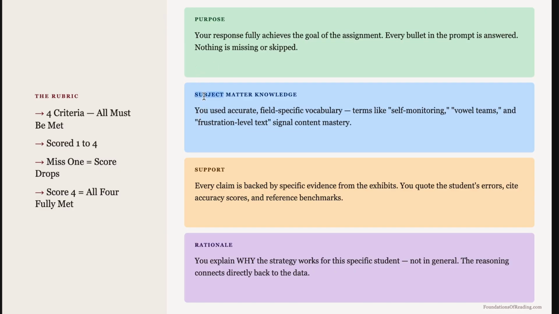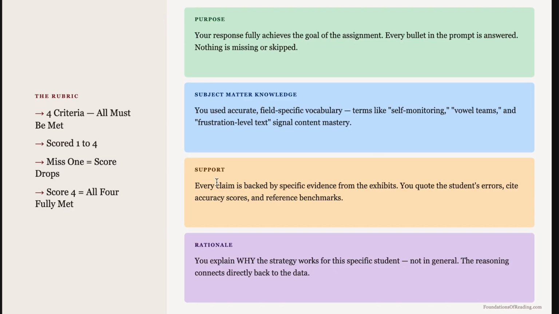Second is the subject matter knowledge, that you can demonstrate your ability to use professional, field-specific educational terms such as self-monitoring, concepts about print, vowel teams, all of the vocabulary that makes you stand out and look like